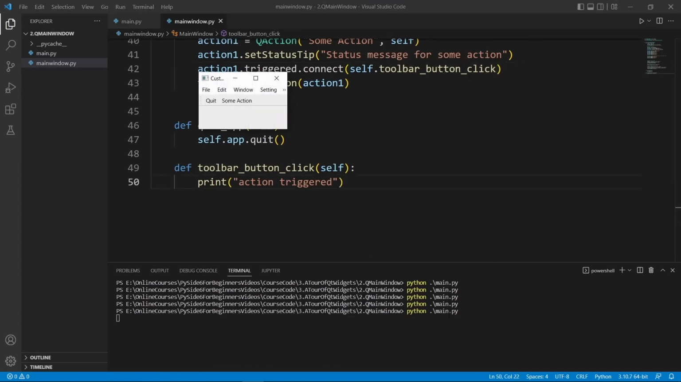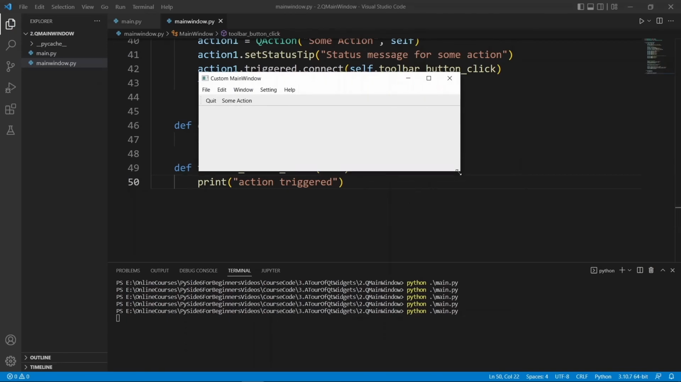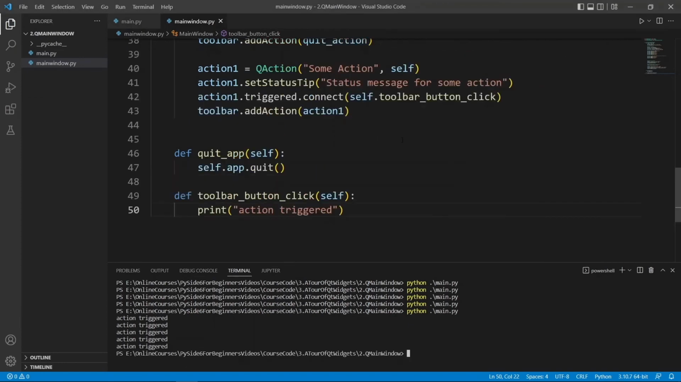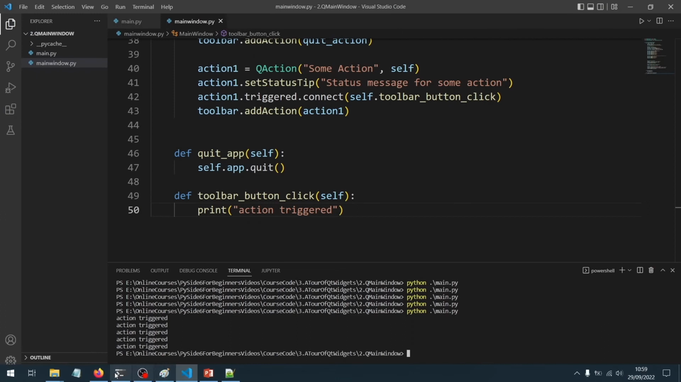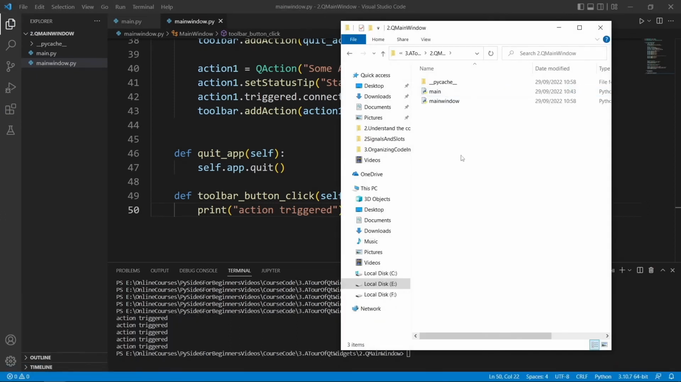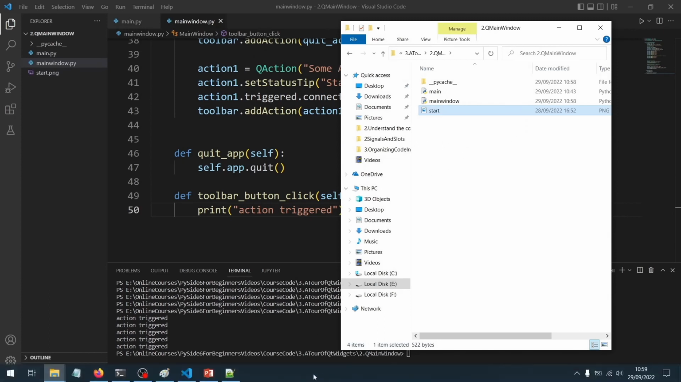Let's run the application. Okay, we have some action added to our toolbar. If we click on it, we're going to see that our action is triggered. So you can respond to things happening in your toolbar, and this is really cool. We can even set up another action, but before we do, let's go to the place where our source code is, and we will add in an image because we want to pass an icon to our action here and make it show up in our user